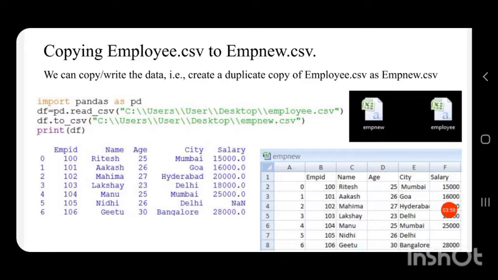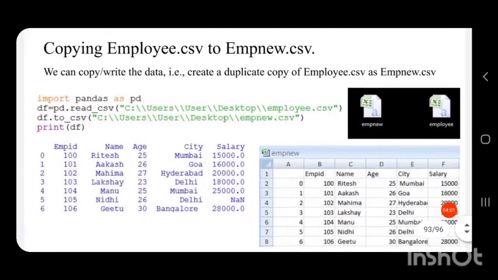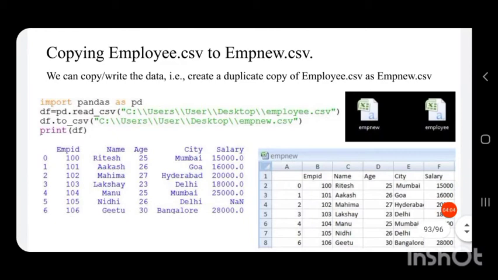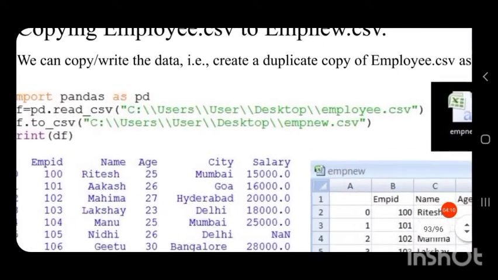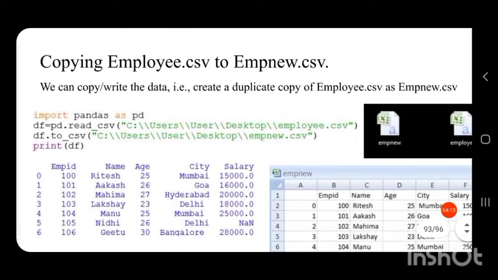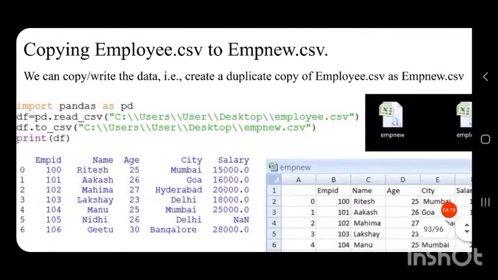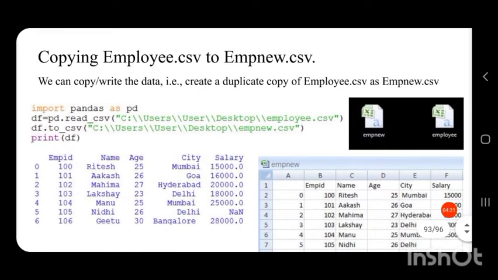We have a data frame which is read from the first CSV file. We have our data frame df, which is read using read_csv from the employee.csv, and we are copying the contents of this data frame into a new CSV file.